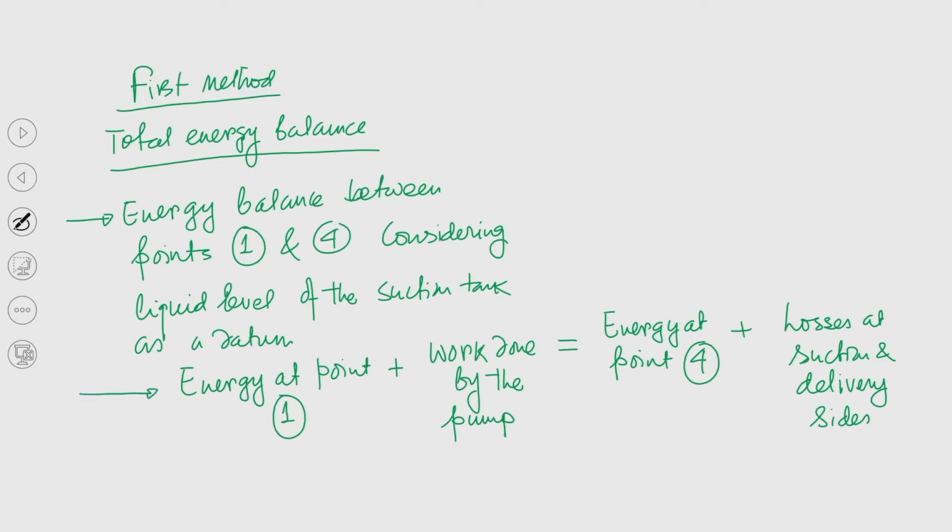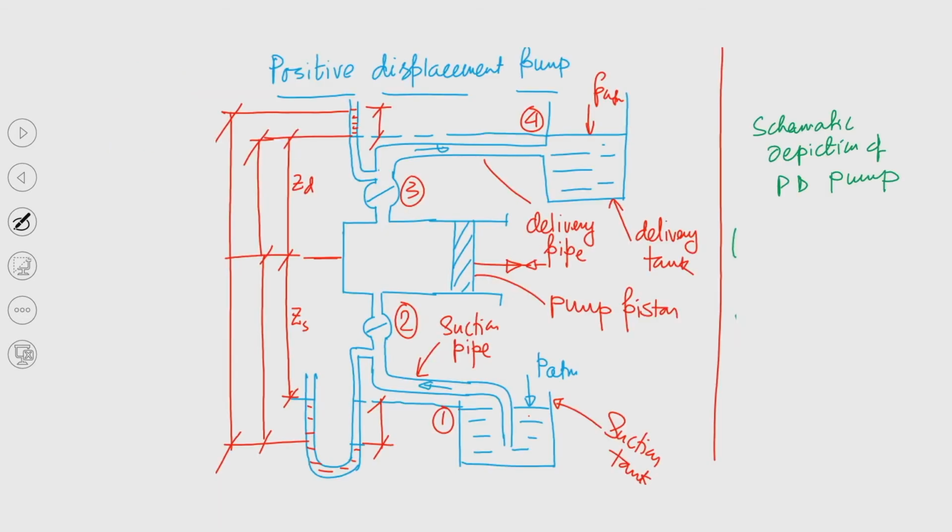So, this is very important, that is very easy. Now, we will try to look at energy which is available at point 1, work done by the pump, energy which is available at point 4, energy of the liquid definitely, and losses per unit mass. So, what is energy at point 1? See, try to understand, the liquid is getting transported from point 1 through the suction pipeline. So, you have studied in fluid mechanics. So, I mean, if we write,